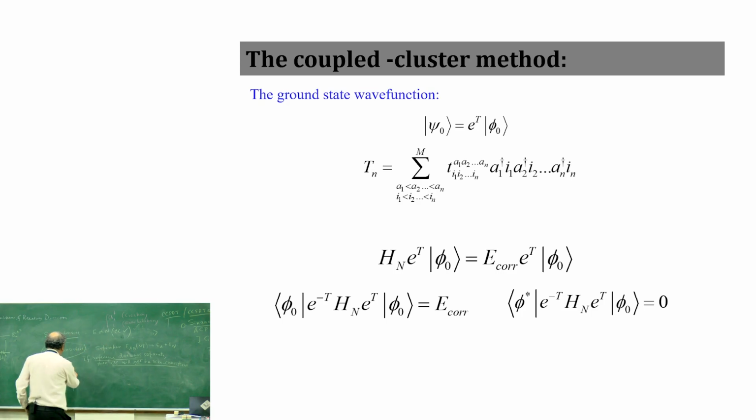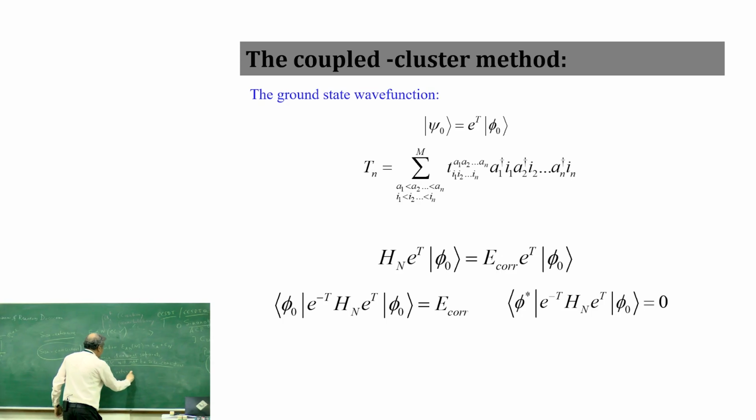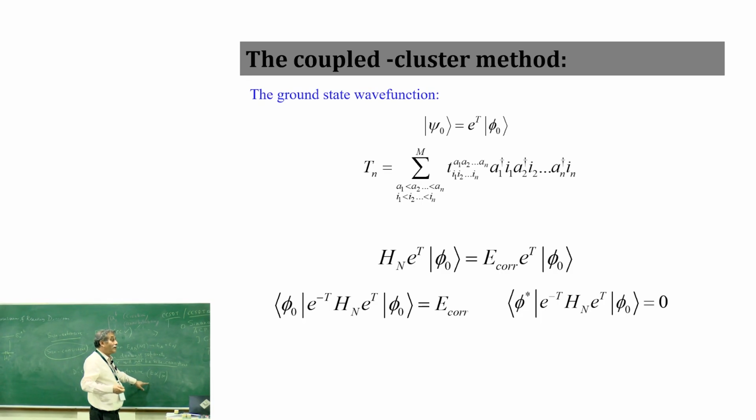So if you do CI doubles, for example, first of all, it is not size extensive. And people have shown that the energy is basically proportional to the square root of n, the number of electrons. But it should be proportional to n. The problem here is that as soon as this is...